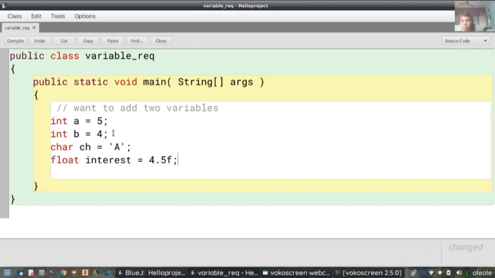In this type, we have to put an f at the end of 4.5, because in Java the point values are by default declared as double. So if you want to declare any float value or any float variable, then the value should be given by writing a small or capital F at the end of the data. Now here we can